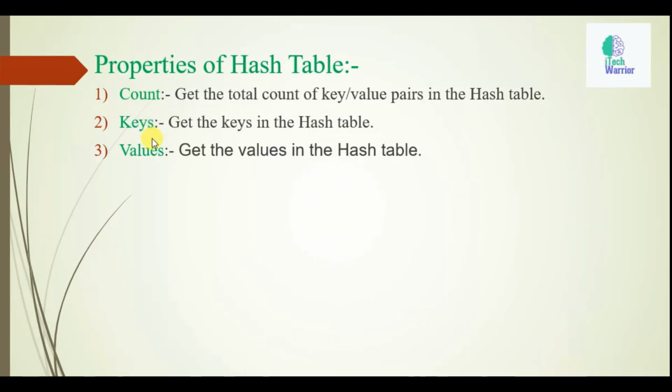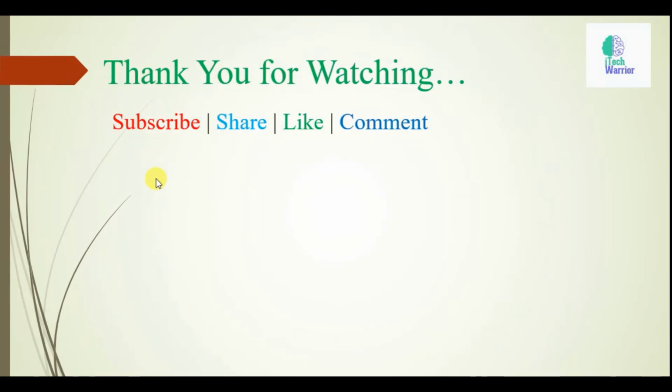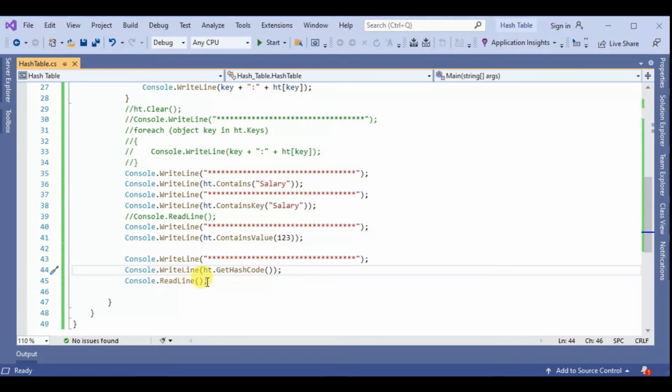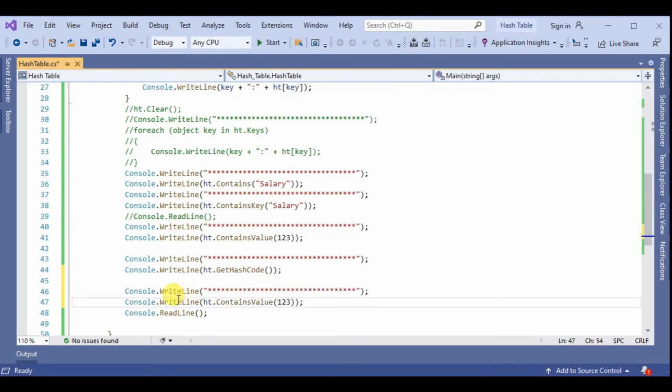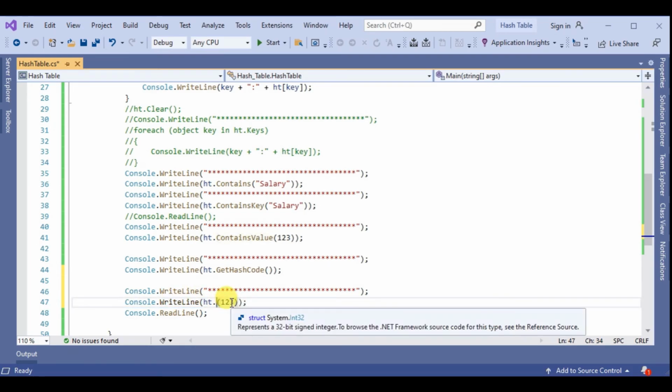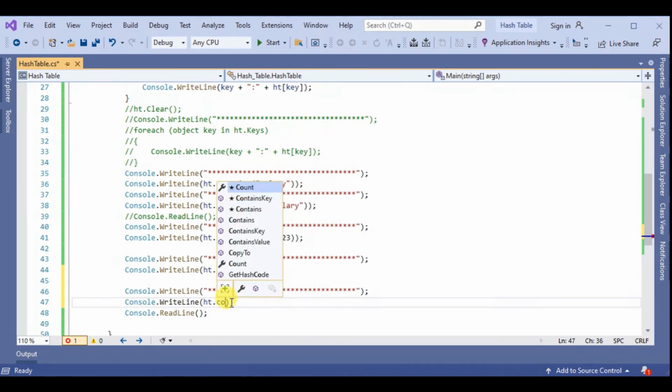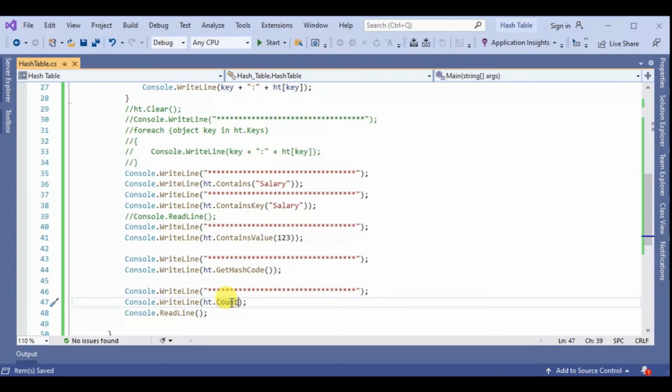So these are all the methods present in the hash table. And now the properties. Let's see the properties. Count property. Copy, paste, and here count, save, and F5.